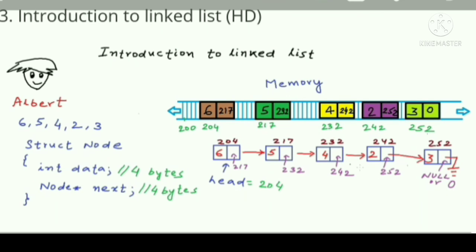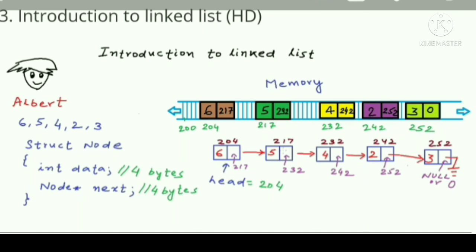The linked list is always identified by the address of the first node, and unlike arrays, we cannot access any of the elements in constant time. In the case of arrays, using the starting address of the block of memory and using the position of the element in the list, we could calculate the address of the element. But in this case, we have to start at the head and we have to ask this element for the next element and then ask the next element who is your next.